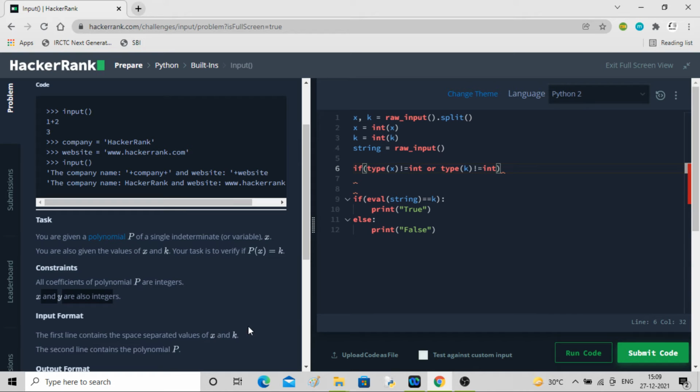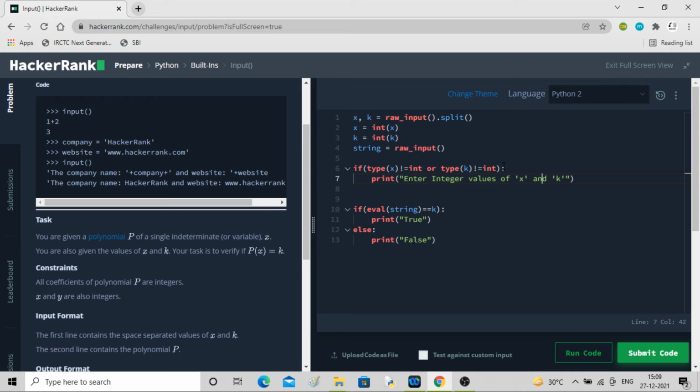The constraint is that x and k are integers. If they are not integers, print: Enter integer values of x and k.